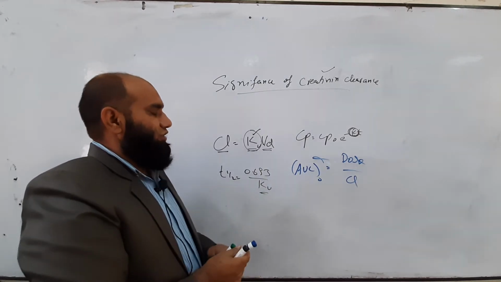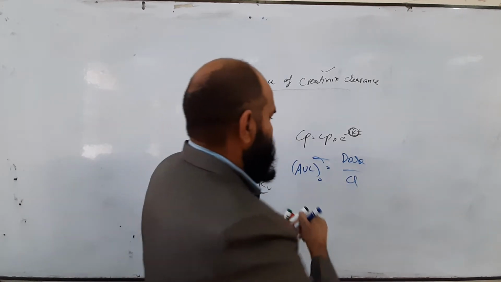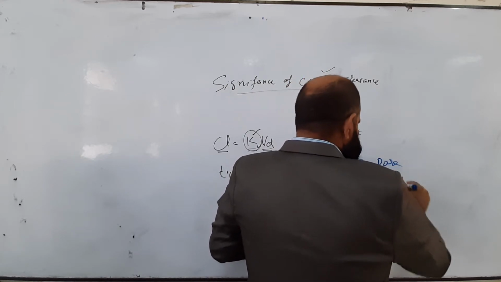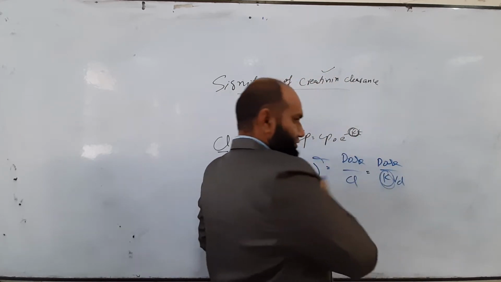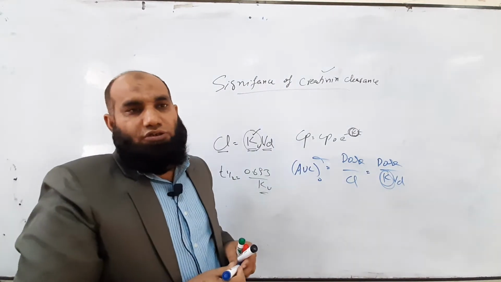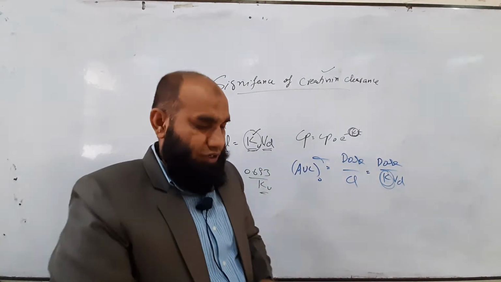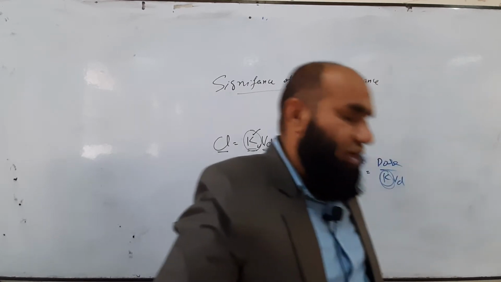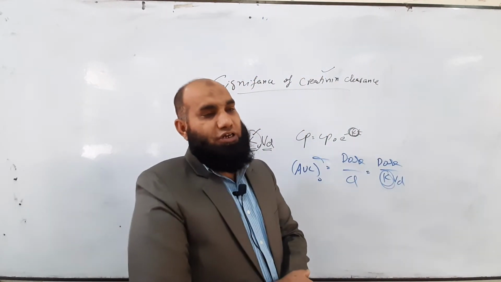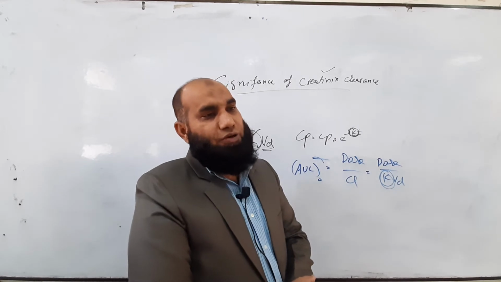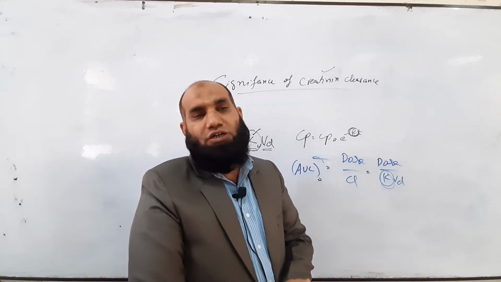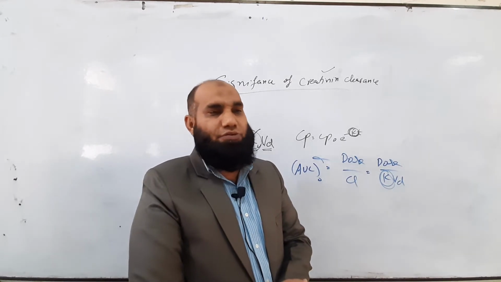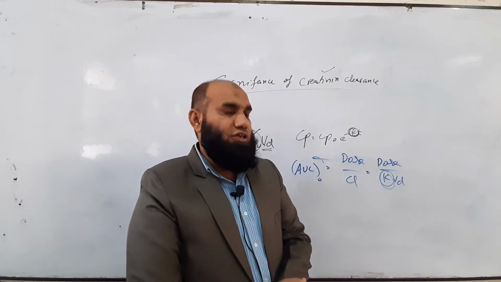So when we see the clearance, we can write here dose over K times Vd. So this K will once again change the scenario of these parameters. When we are discussing IV injection drugs, we can assume that these parameters are directly influenced by the rate constant, and these rate constants change with respect to the change in the creatinine clearance.